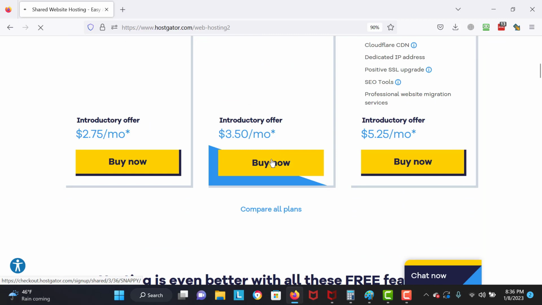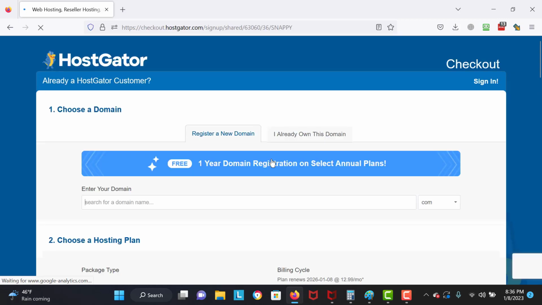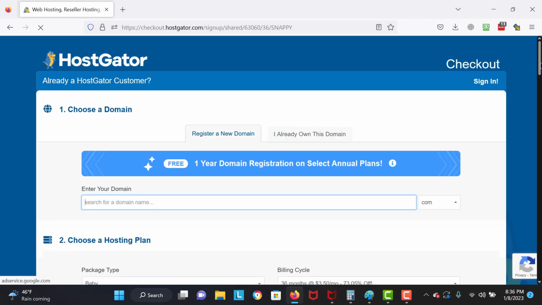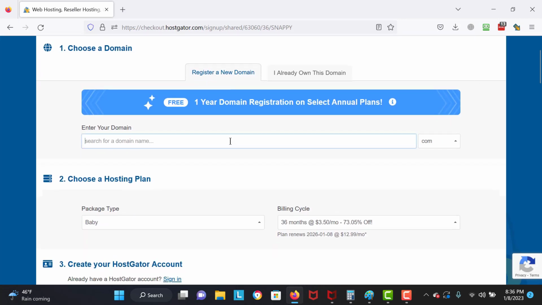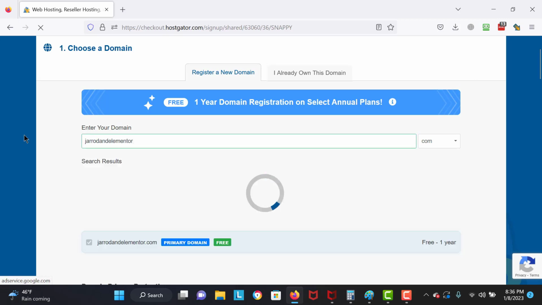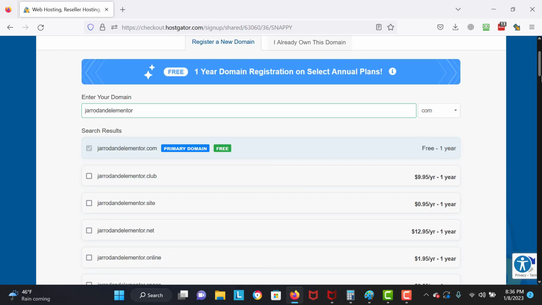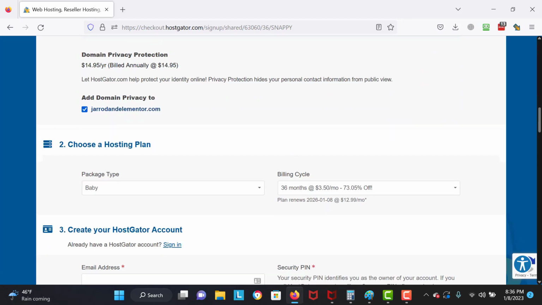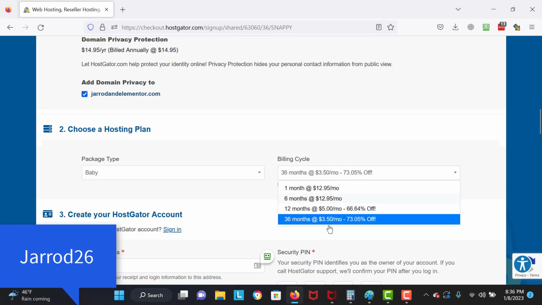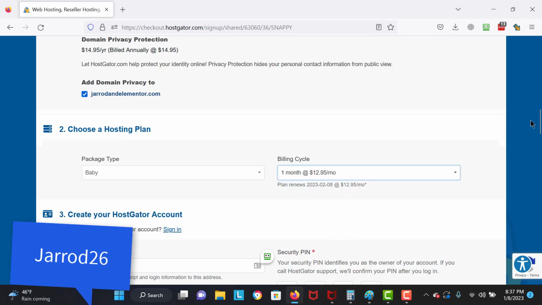So okay, right over here I click on buy now, and here I'm going to enter my domain name. For example, if I want to type Jared and Elementor, because Elementor is a page builder that we're going to use in this tutorial. It's really useful, you can create a really fast website with it. If you want to create your own business or online website, just create it like this. I'm going to select 1 month